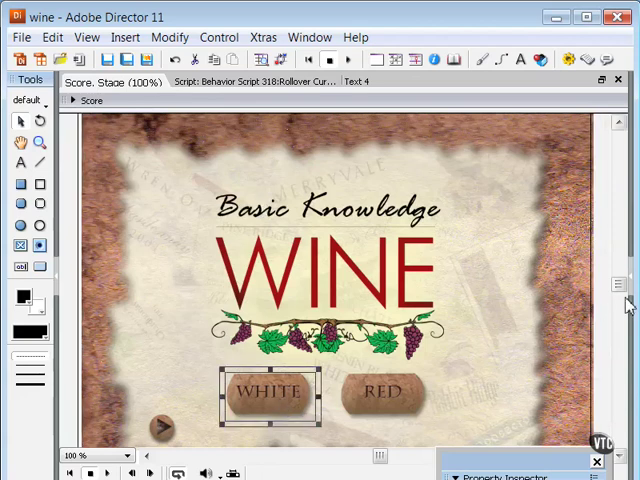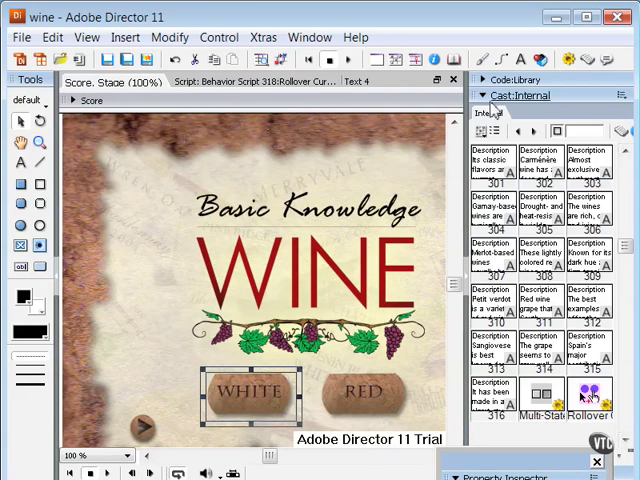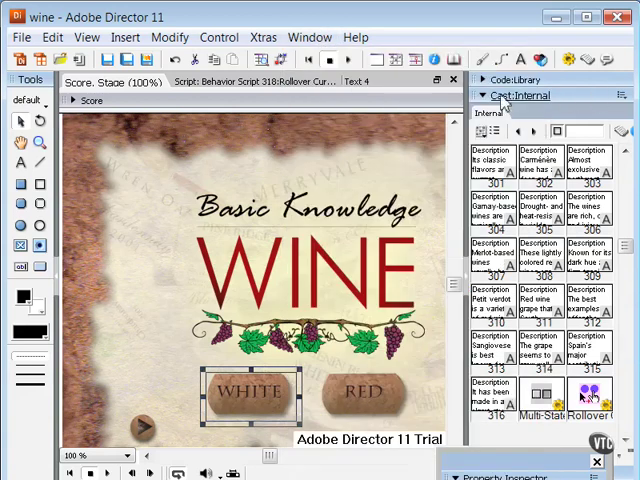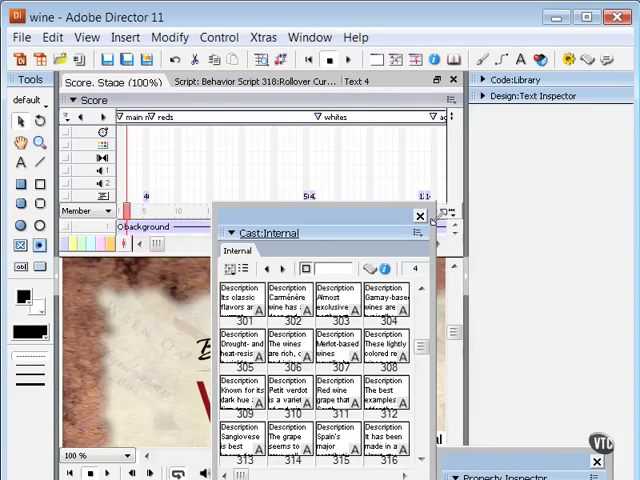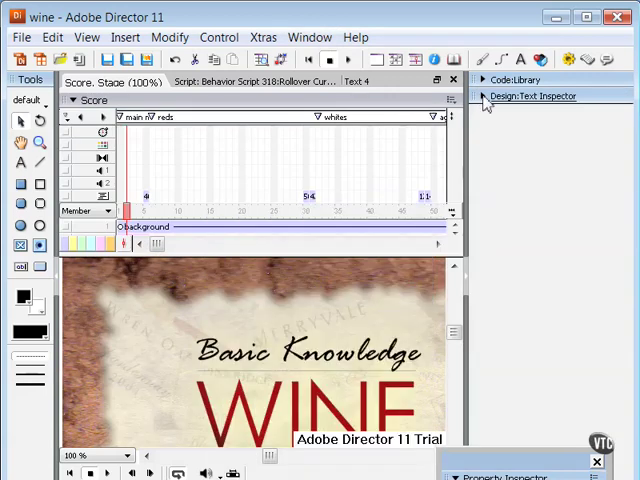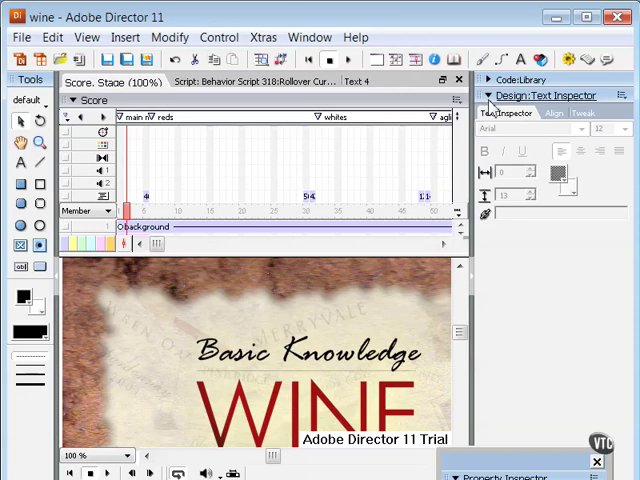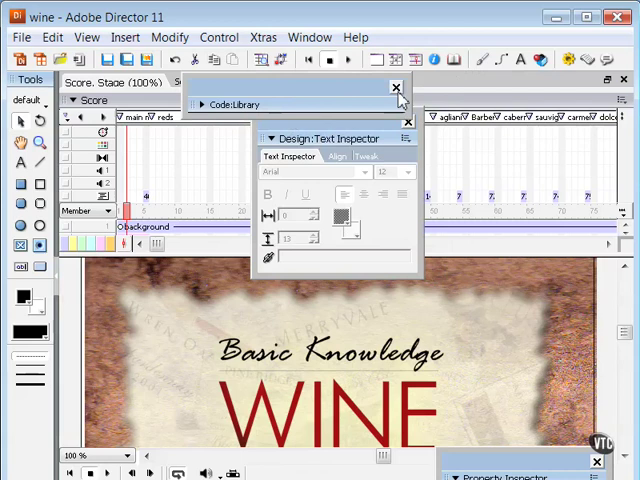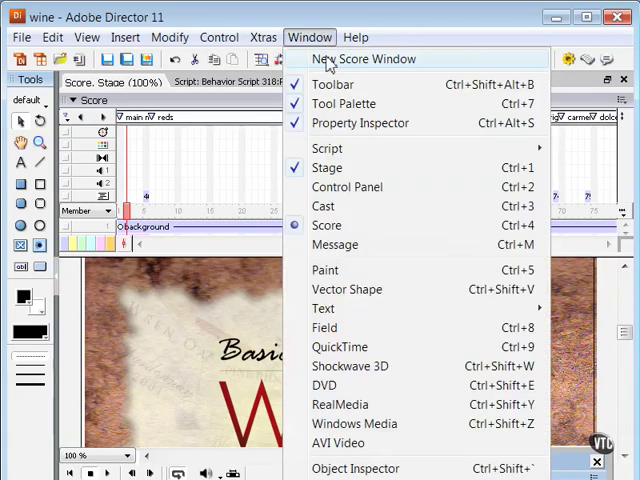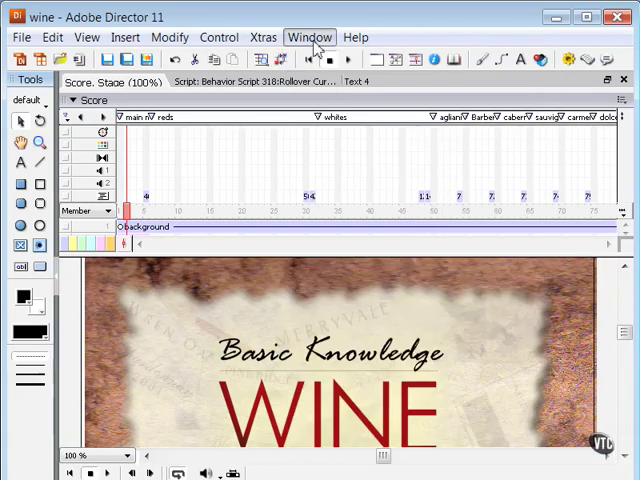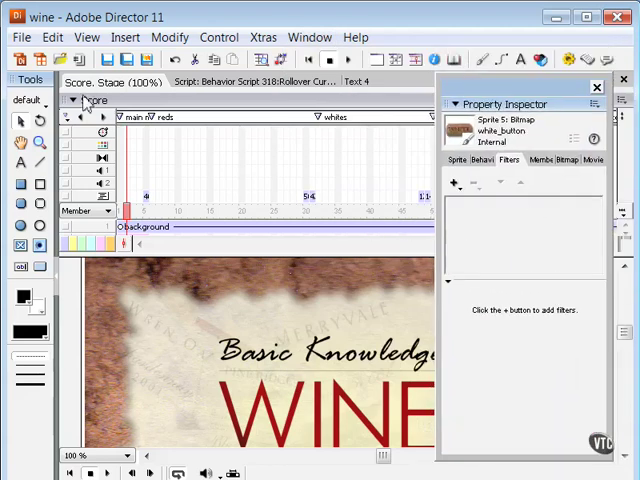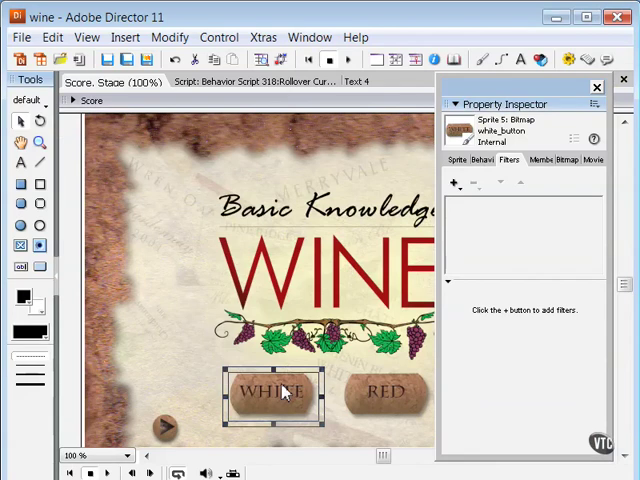So let's click on that bitmap there on the stage, and then let's bring up my property inspector. Let's detach my cast window and close that. And take out code library as well. And let's bring up the property inspector. Property inspector is hiding down here, but if we bring that open and click on the bitmap, there is a filters tab here as soon as you click on the bitmap, and you